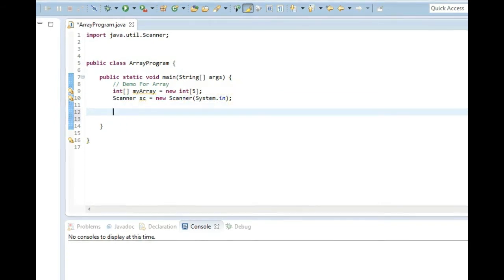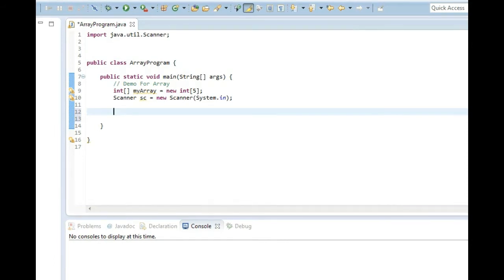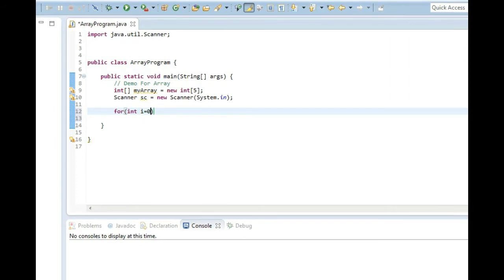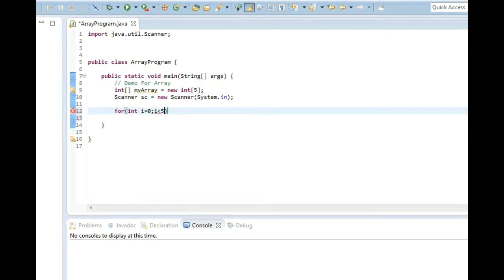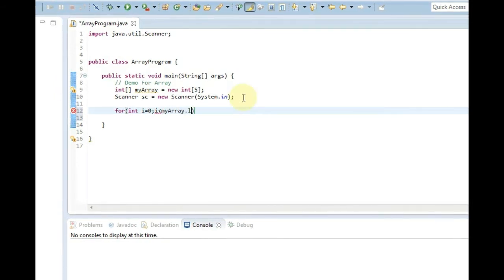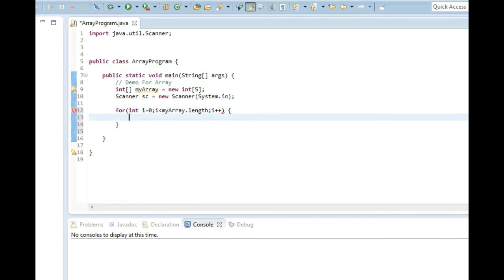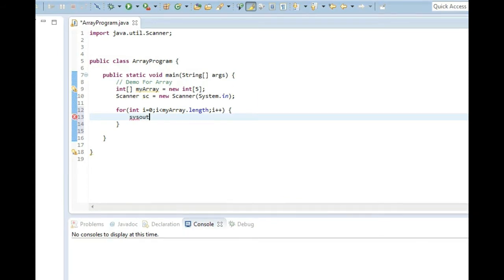Now we are going to take the input element from the user and store it in myArray using a for loop. So our for loop will begin from int i equal to 0 to i less than 5, or you can say myArray.length. Let's use myArray.length and i plus plus. Now first we'll write a statement for the user.